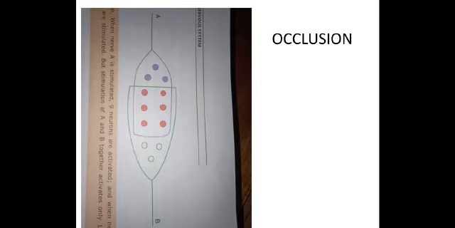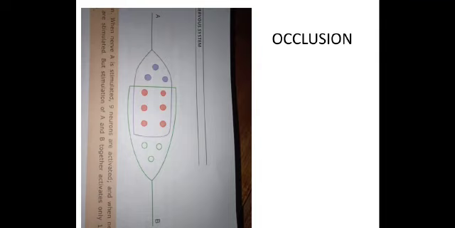When a muscle is stimulated directly or through a motor nerve, the magnitude of contraction is greater than when it is stimulated through the sensory nerve to the muscle. When the sensory nerve is stimulated, only a fraction or portion of motor units is activated, hence contraction will be less. This is called occlusion.